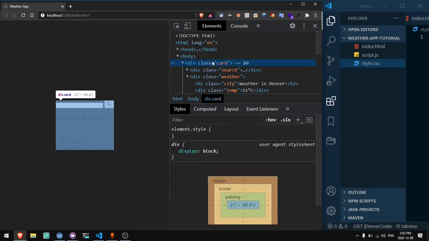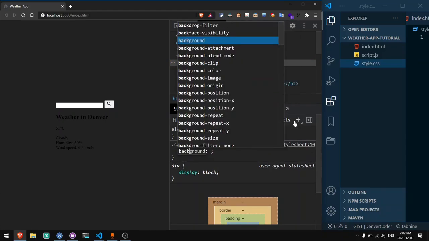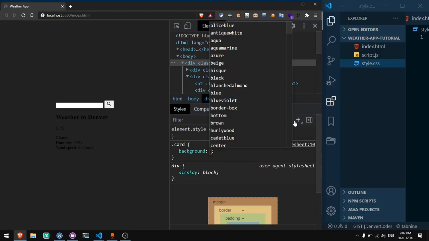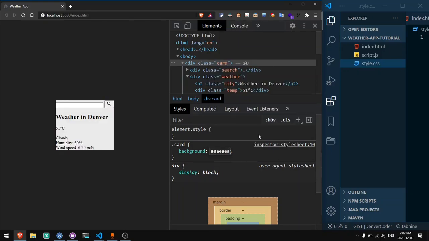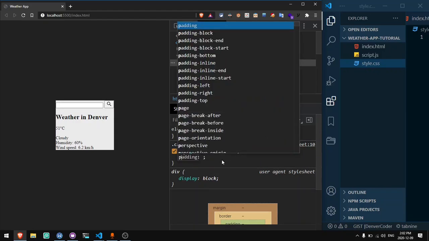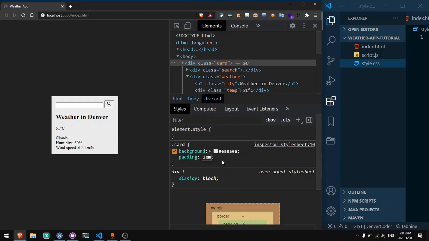Okay, now let's style this card and add a selector for the card. We'll say background, let's say EA, that'll be like a light gray color. We'll need to add some padding there, so say padding 1EM, 2EM, let's say,